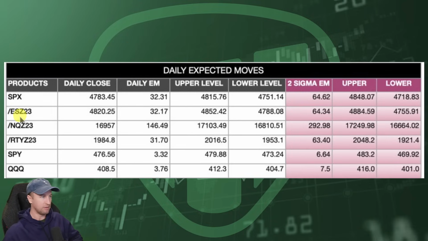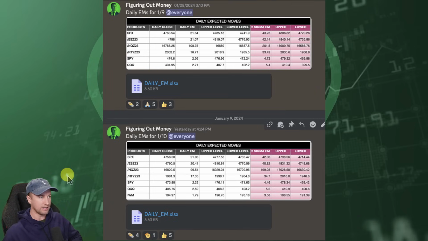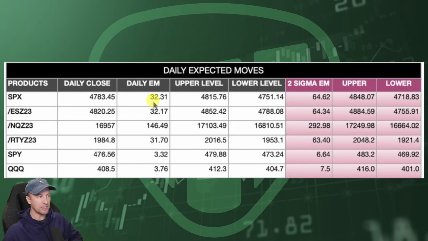All right. And you can just see here, going back a couple of days, these are the daily expected moves that I post, what this was for today and this was for the prior day. We'll focus on the SPX. Going into today, it was supposed to be plus or minus 21, and the daily expected move for the prior day was around 21.64. So you can see as the market's pulling into these reports, look at the implied volatility now, it's 32. So it's swelling up. It's telling us, hey, there's going to be more volatility, more potential risk going into, obviously,